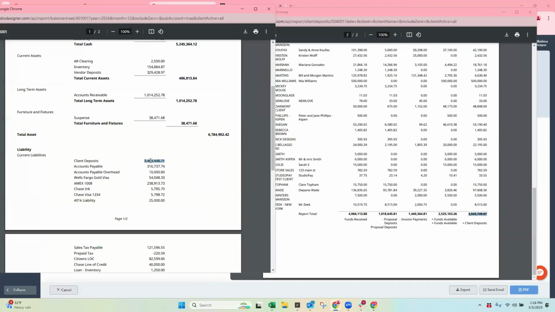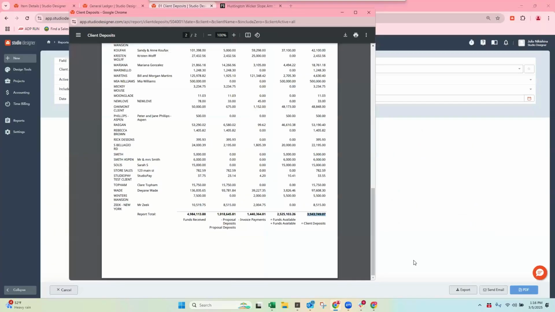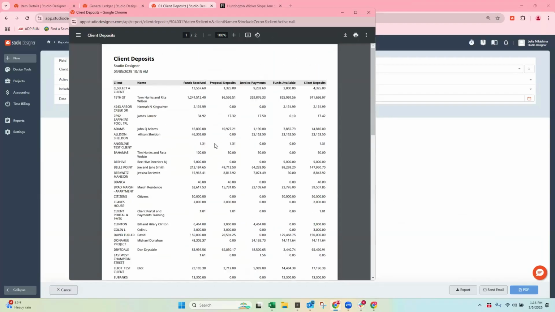And so if you're looking at your balance sheet and you're saying, oh my gosh, I have $3.5 million in client deposit, I have no idea what that means or how it impacts everything, then you pull your subledger. This report here is called a subledger, and the system tells you these five columns at the top. Let's go to 19th Street. It's breaking it down for us to say, okay, they have paid us $1.2 million.